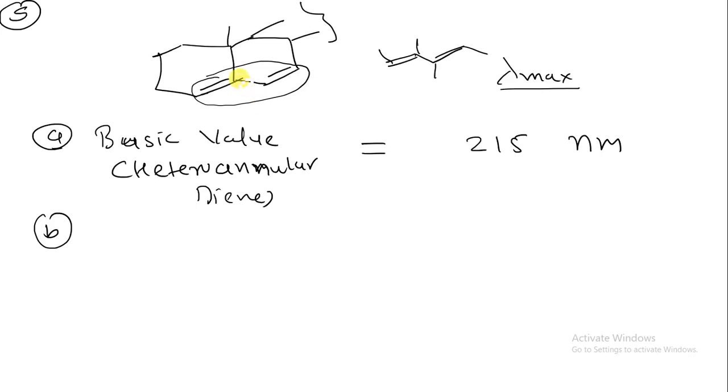Second one, there is a ring residue. Now if I have to consider this as a parent system, I have to see how many carbon atoms are present on that particular parent chain. Suppose I consider this carbon atom, so there is one ring residue over here. The second carbon atom is attached to this carbon atom, and the third one is this one. You just have to cut down this ring. Let's say you cut down this ring, so there will be three ring residues: first, second and third. If you cut down these three ring residues, you will get your parent chain.